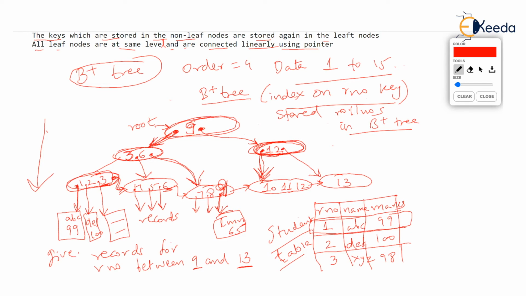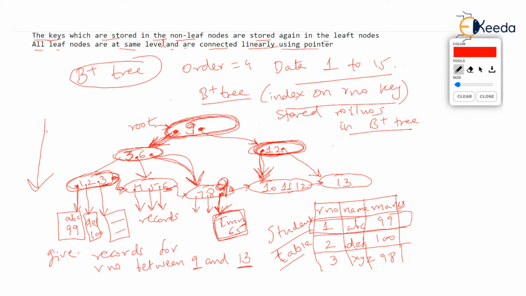The DBMS will search the root first, and right there it gets 9, isn't it? So 9 is there, but it will continue the search. It will visit left because 9 is stored again to the left of 9. Then it will visit right of 6. It will reach the leaf which stores 9. And then using the pointer of 9, it will get the record of 9, LMN and 65. But that was not our problem. We wanted 9 and higher than 9 also.